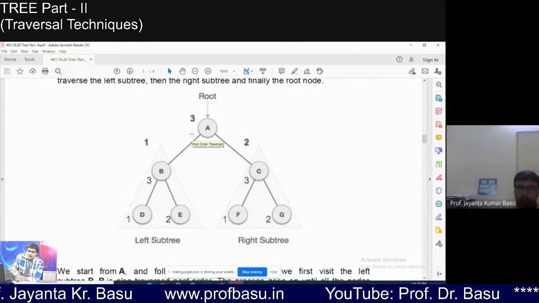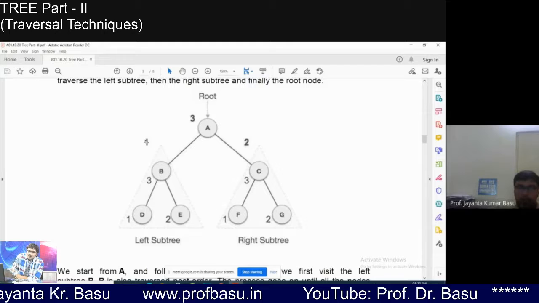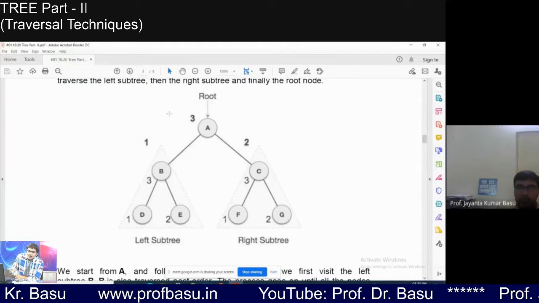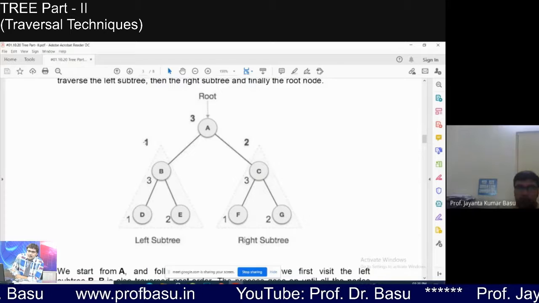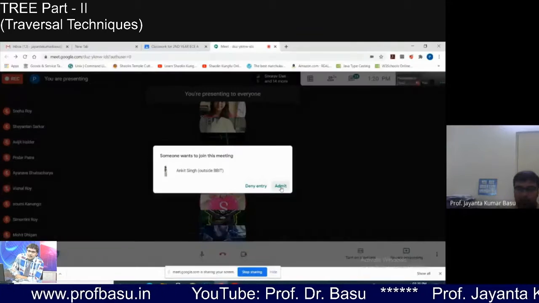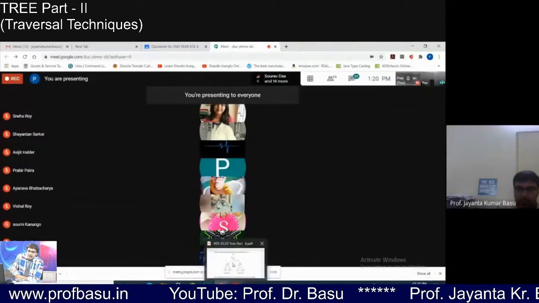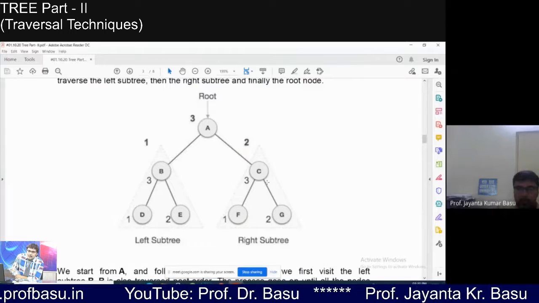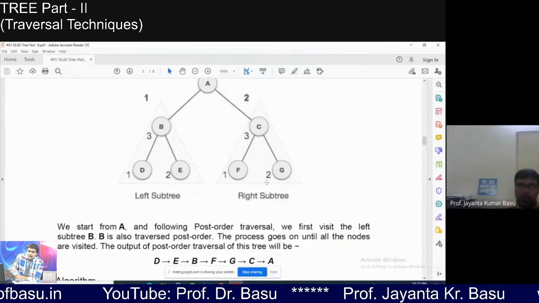You can see that the sequence numbers are given for each subtree: 1, 2, 3 for this subtree, and 1, 2 for this one, so that you will not get confused.